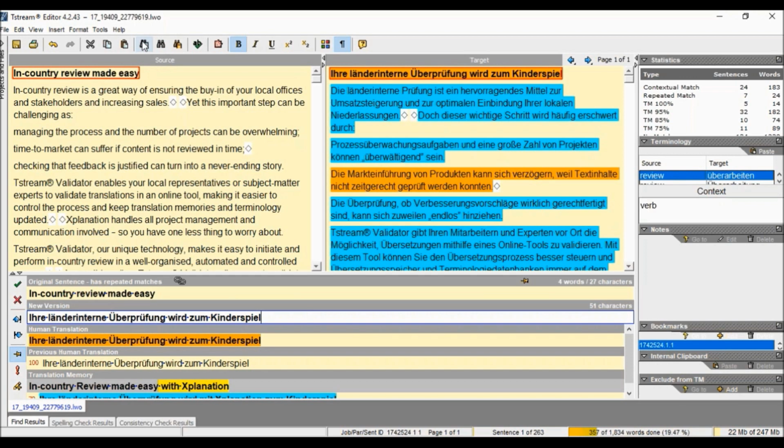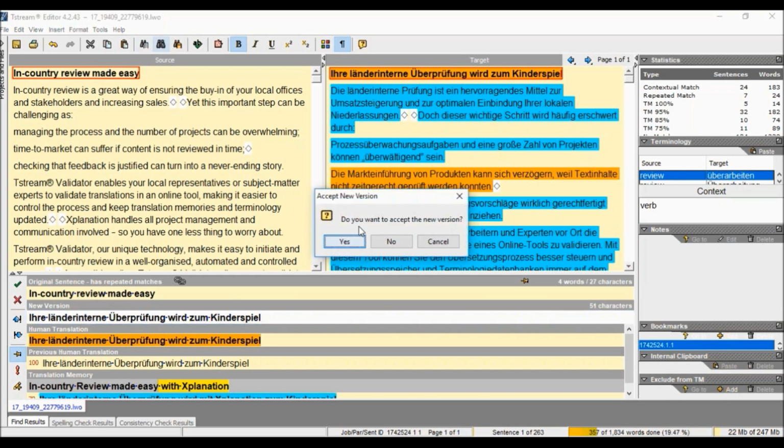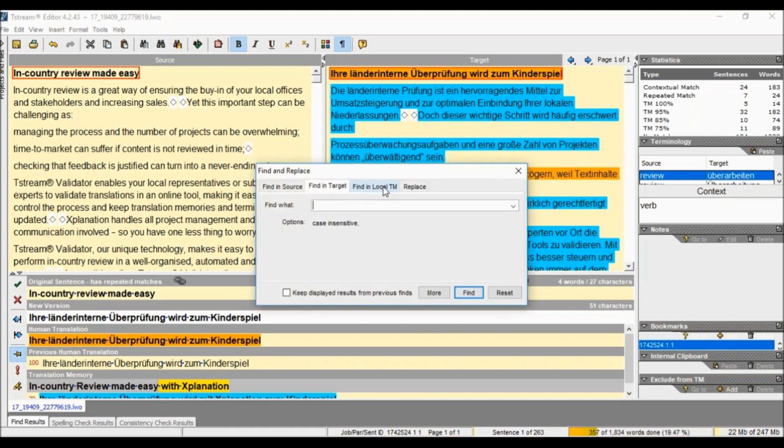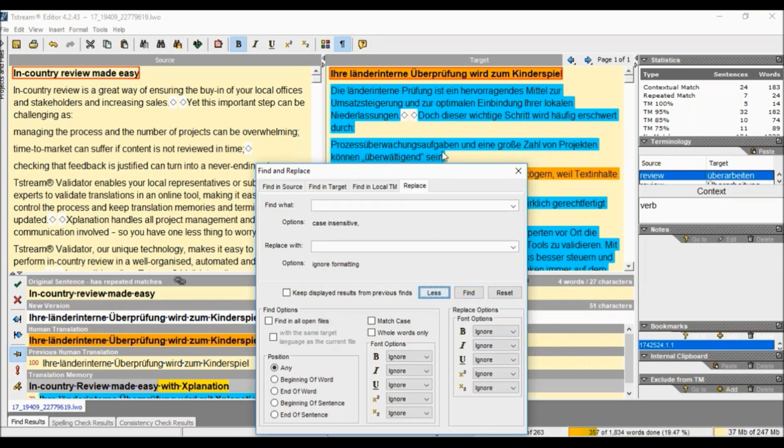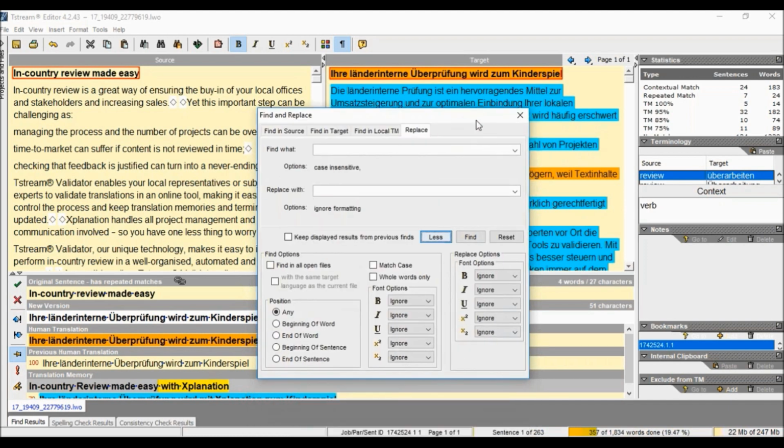Something else I'd like to show you as well is the search and replace, because that's quite handy. There's more to it than meets the eye. You can click here on more, and then you get different options. So you can also, which is quite handy for languages that use capital letters, say match case or whole words only. I use this quite a bit for German because we also have compound words. So if I want to replace something,